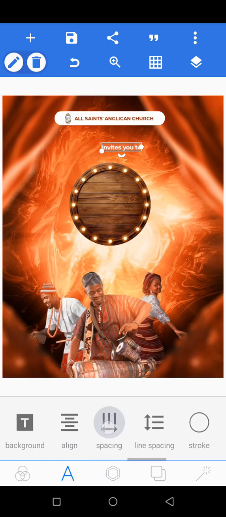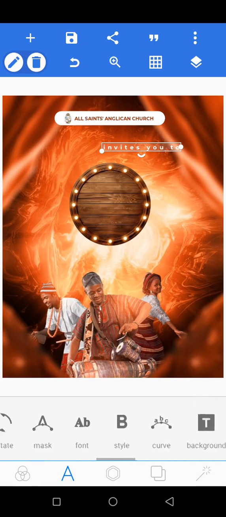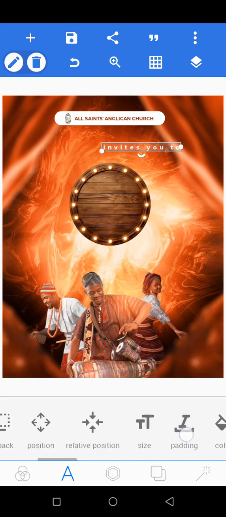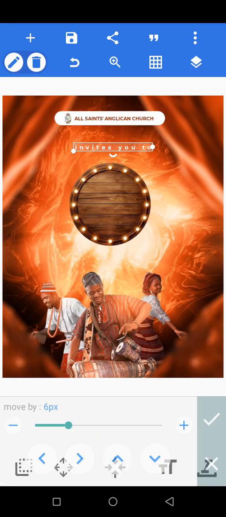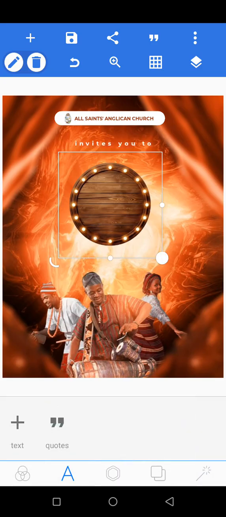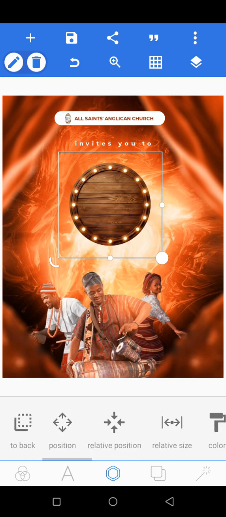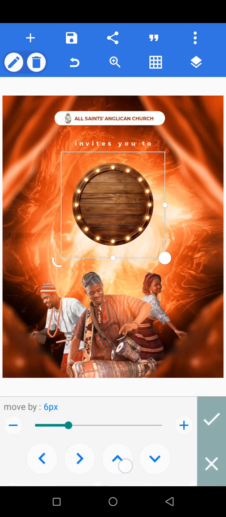then go to where we have spacing, let's make it 50, then click on mark, go to where we have relative position, click on it, click on the first middle two, and click on mark, go to position and position it well, this one too, go to relative position, click on the first middle two, position it well,